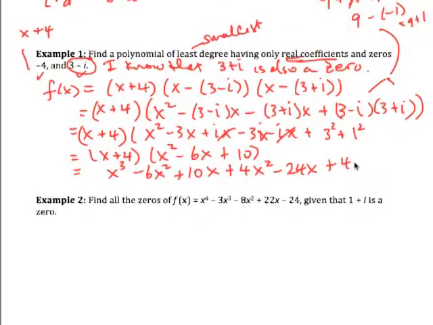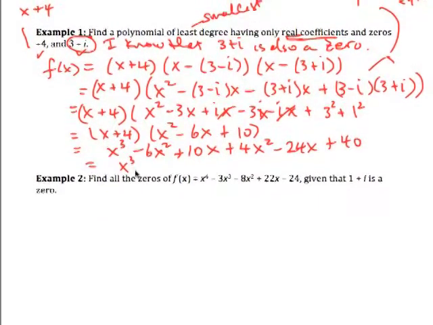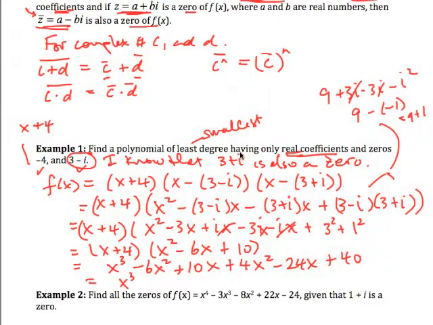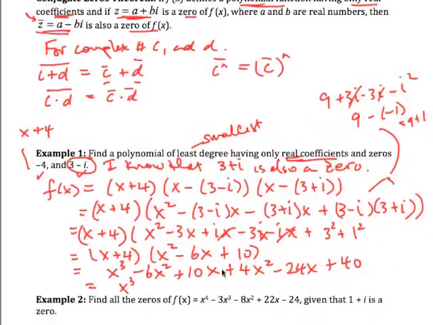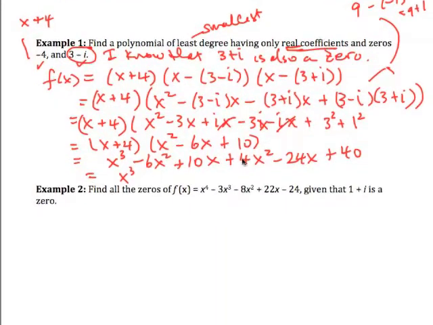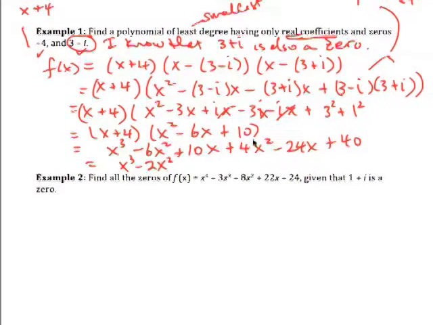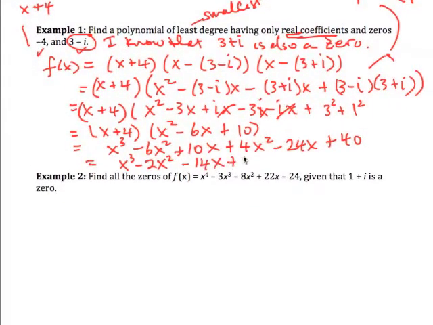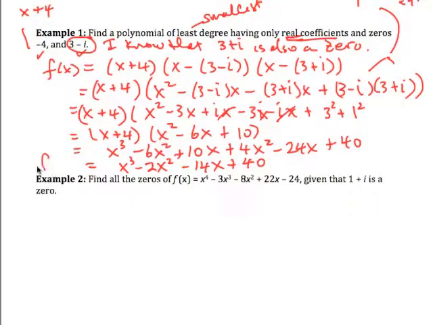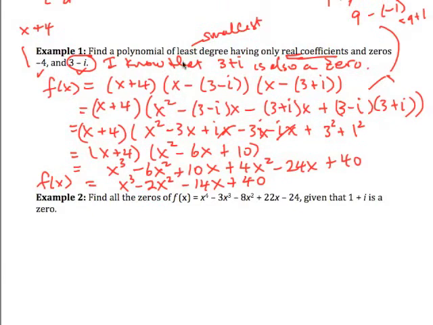plus 40. So my final polynomial of degree 3, a polynomial of least degree, having only real coefficients. If you look at this here, we have plus, so that would be negative 2x squared, and we have 10 minus 14x plus 40 would be my polynomial. Right, and so that's how we use the conjugate